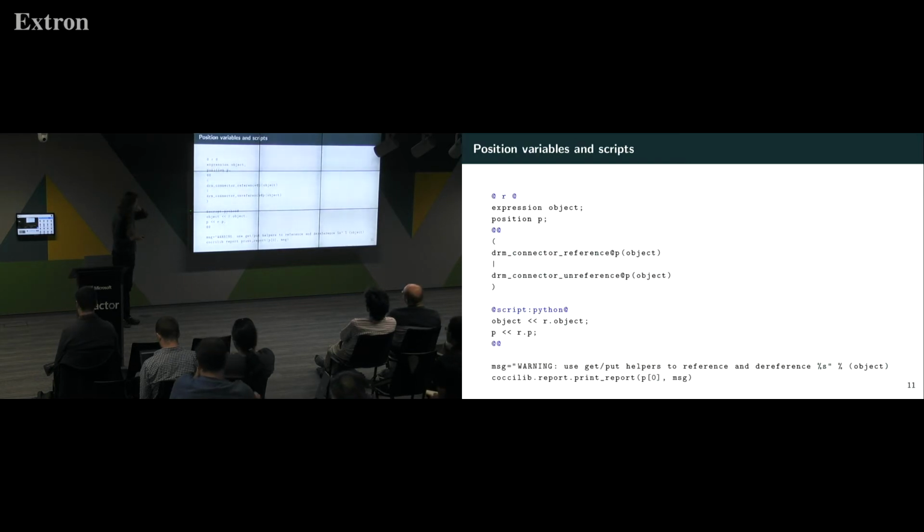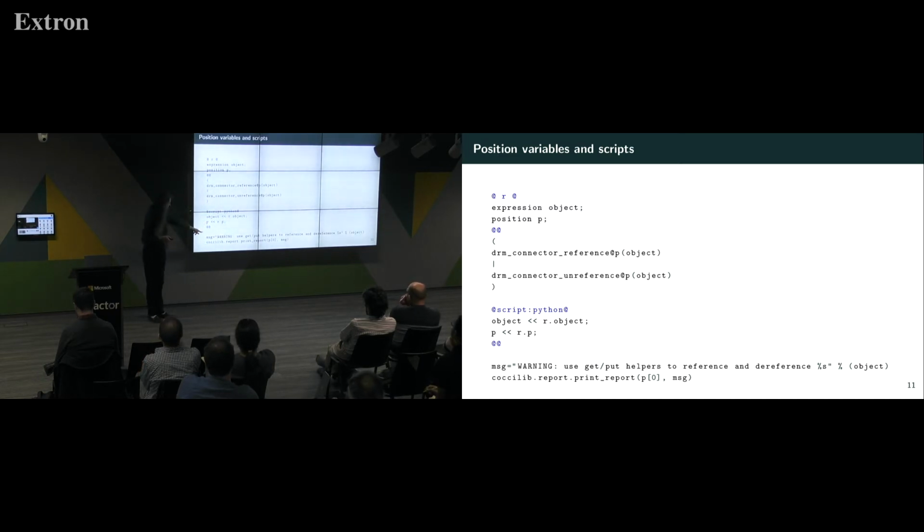This is an extract of a rule that was written by someone else to go into the Linux kernel to find some kind of issue. Actually, there's a whole bunch of functions here. We don't like those functions anymore, and so whenever somebody commits something, if they want to run make coccicheck on their commits, then it will complain that they shouldn't be using these functions anymore. So it's quite a simple thing. We're going to match the calls to these functions that we don't like. We record their position here with the @p, whose position is p.